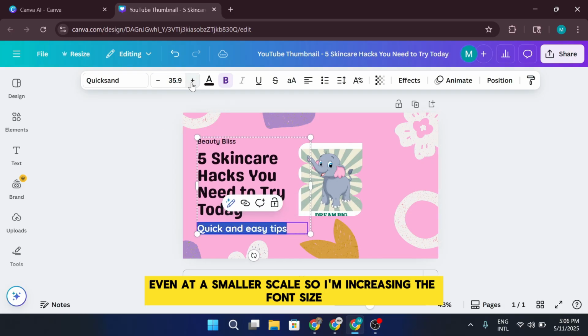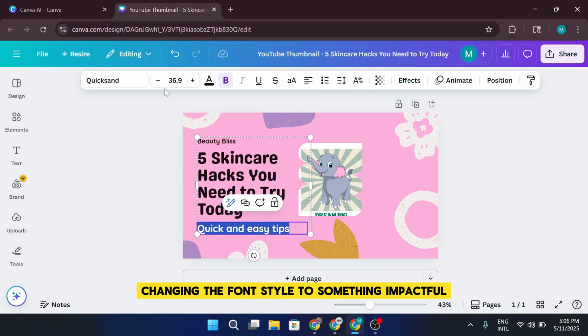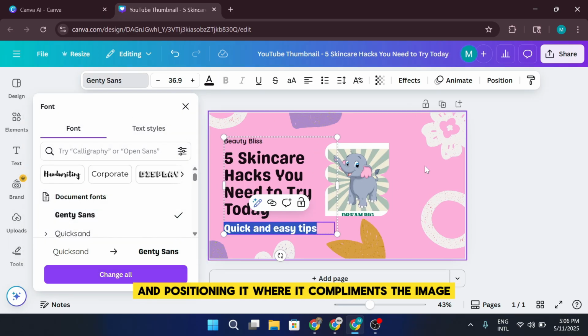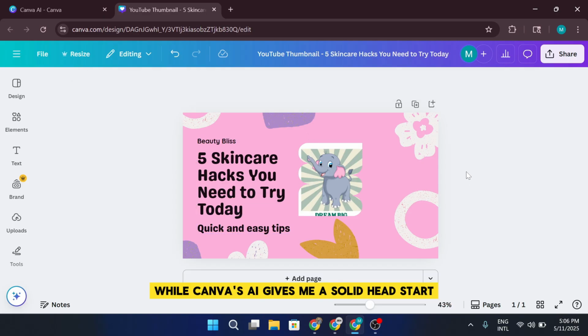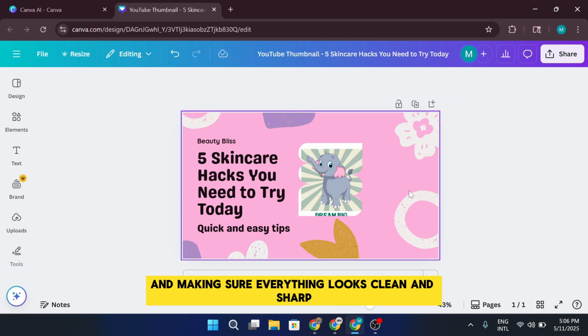So I'm increasing the font size, changing the font style to something impactful, and positioning it where it complements the image, but doesn't overpower it. Now here's something to note. While Canva's AI gives me a solid head start, it's still up to me to refine and style everything to match my creative vision. That includes choosing the exact words, arranging the elements, picking the font, and making sure everything